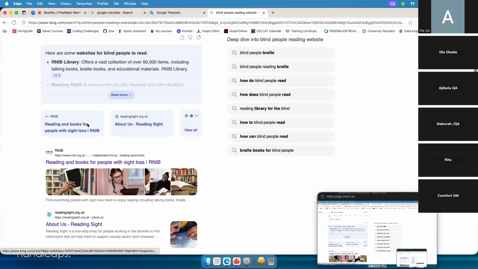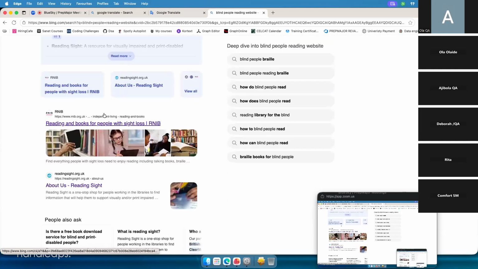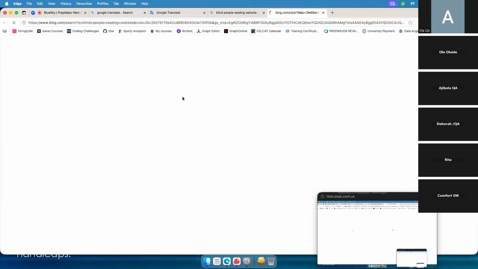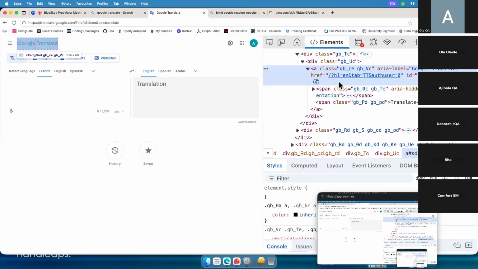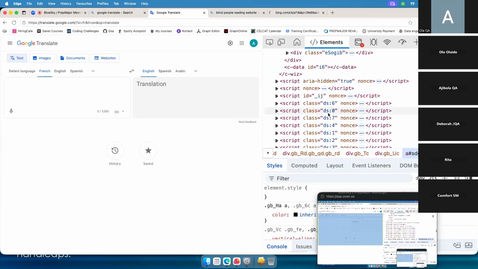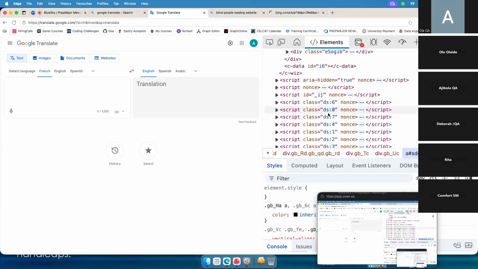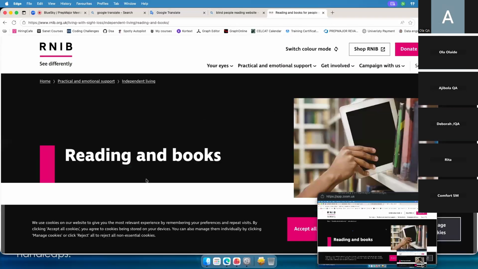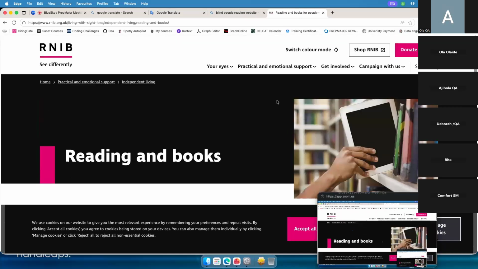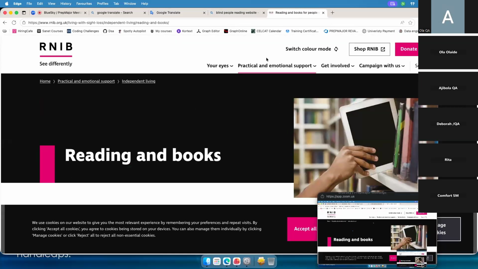For a website like this that supports blind people, it's going to be more accessible to blind people. They'll have some functionality, just like how we have here, some properties over here that can make it readable for these users. So if I sign up and try to start reading, it has different